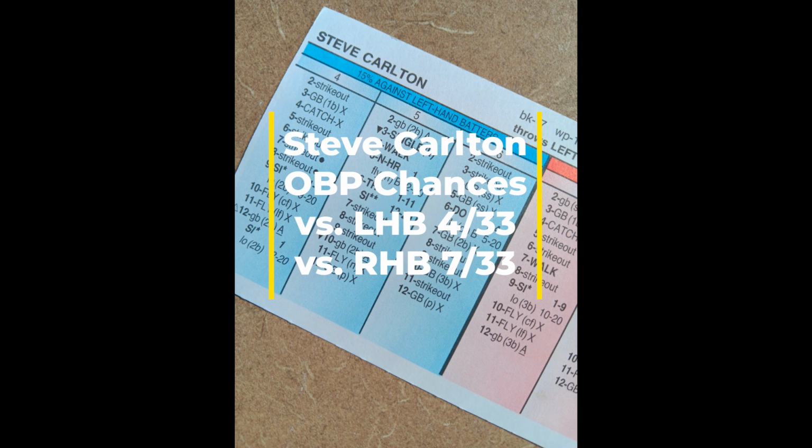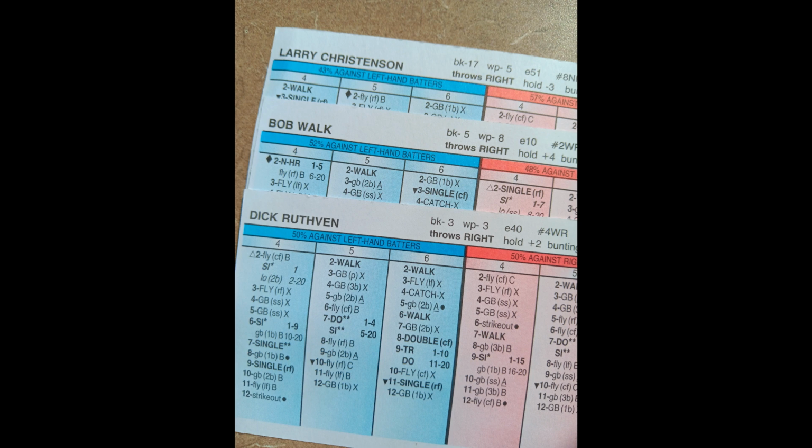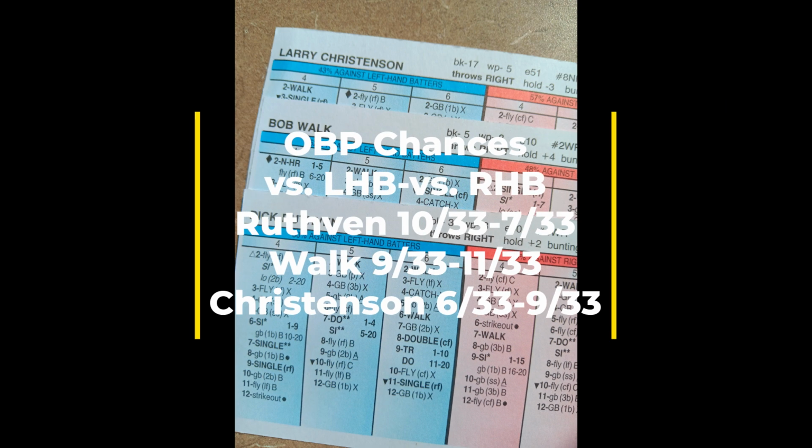Now, let's move on to the starting rotation depth. First, I'm going to show you the numbers for Dick Ruthven, Bob Walk, and Larry Christenson. You see all of their on-base chances right there. What I really like about Dick Ruthven's card, if you saw the video I did a while back on the 7-game series that I played between the 1980 Phillies and